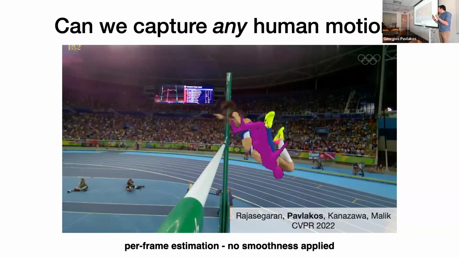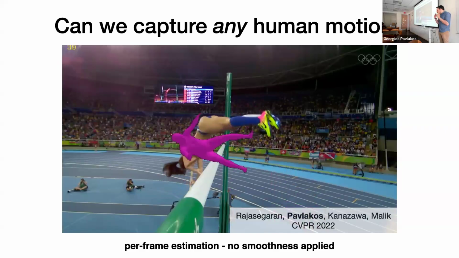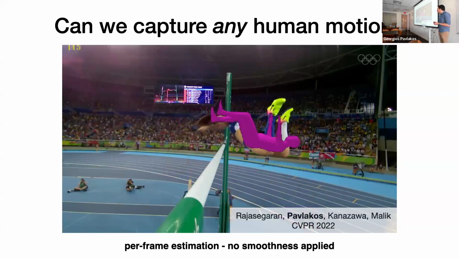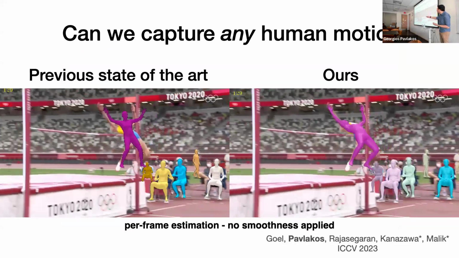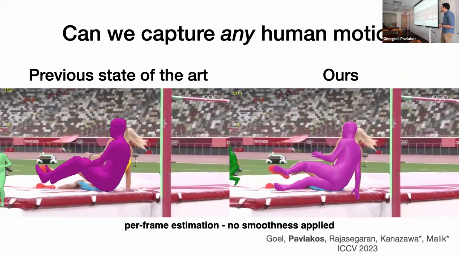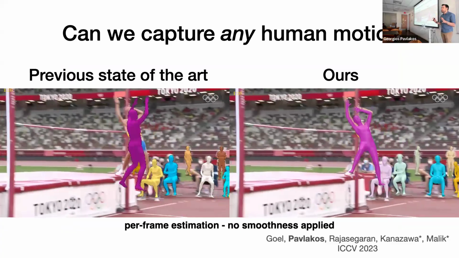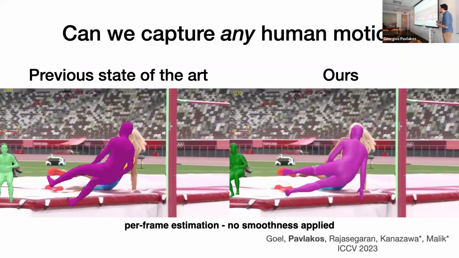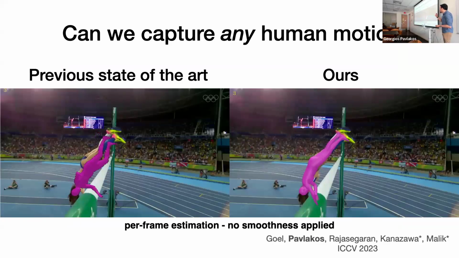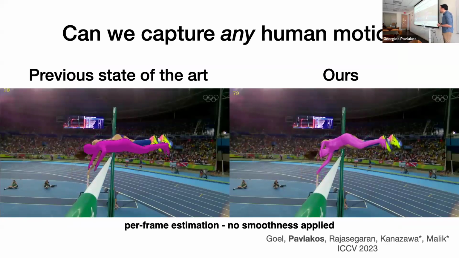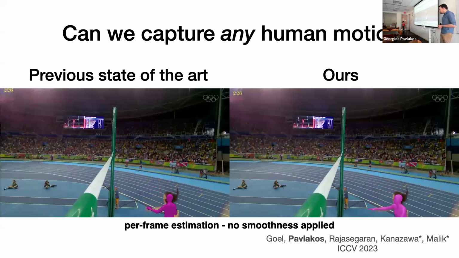Or they used to fail, because we think that we had an important breakthrough here that would allow us to go from the previous state-of-the-art that you see on the left to the reconstruction that you see on the right. So these are frame-by-frame reconstructions. There is no temporal smoothness here, and from every frame you can get this reconstruction of the person doing the high jump, and you can also get a very plausible interpretation of this motion as well.